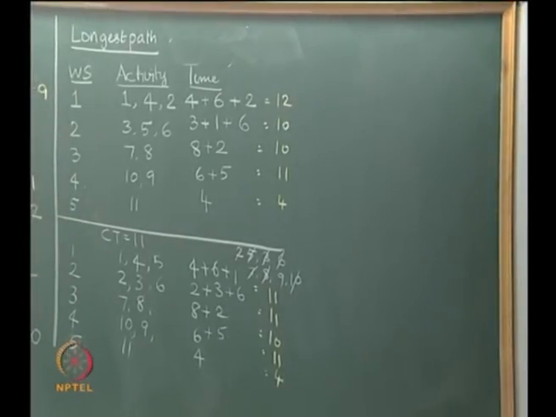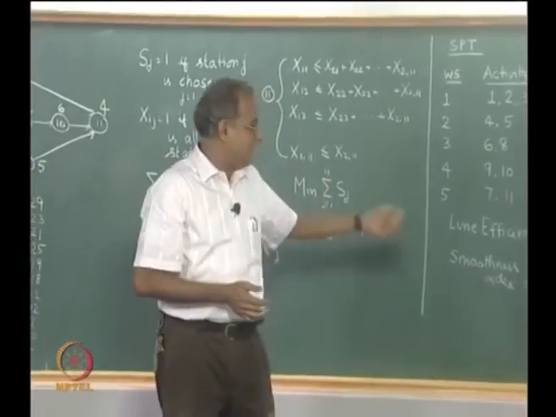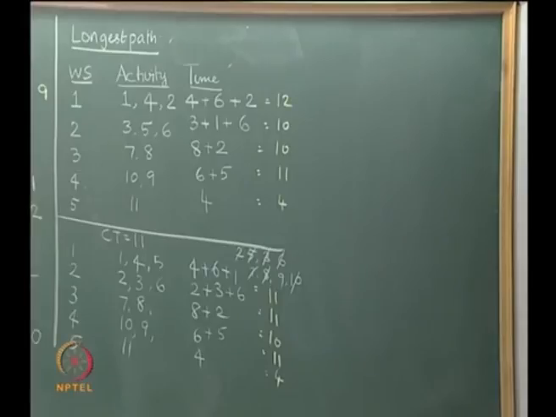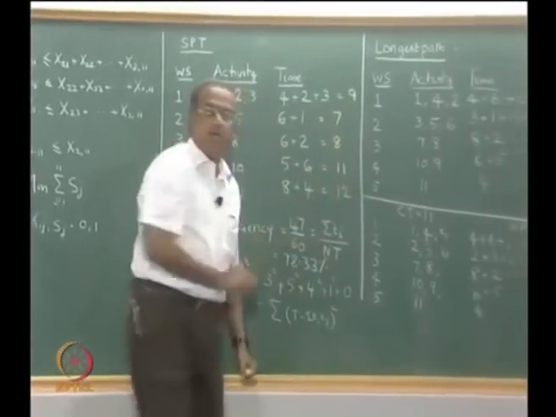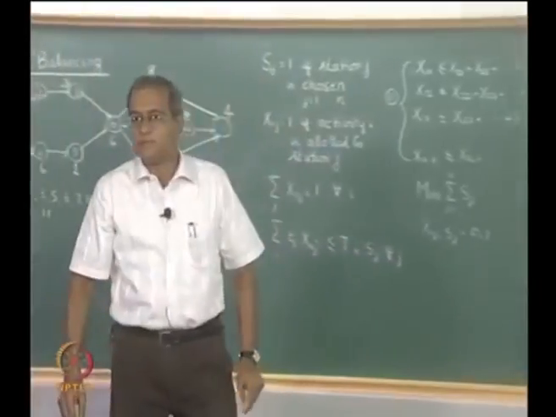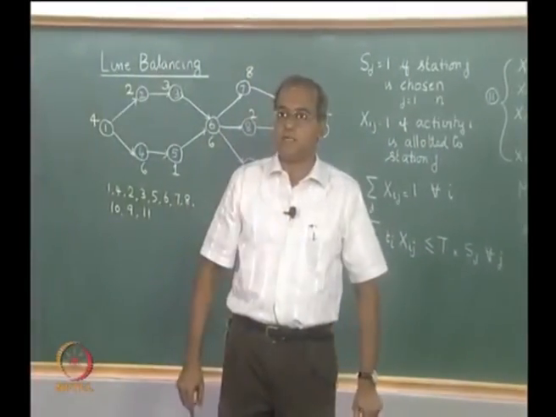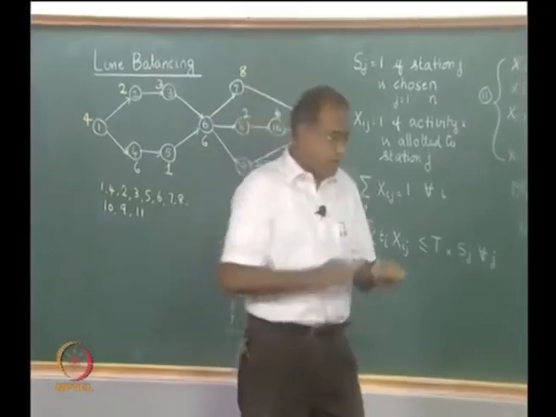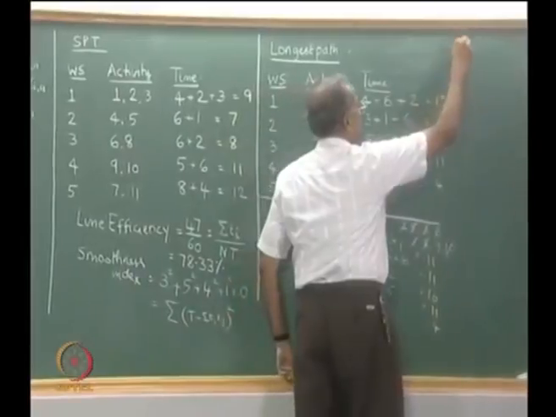So if we realize from the solution that the line efficiency is slightly lower, then we could think in terms of, for the same number of workstations that I have in this solution, can I bring down this t by 1 and get a better line efficiency. So we can work on that till we cannot improve the line efficiency anymore. Now there are a few other advantages of using these heuristic solutions.